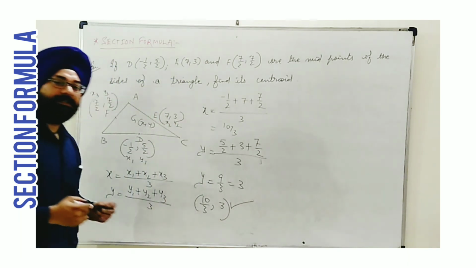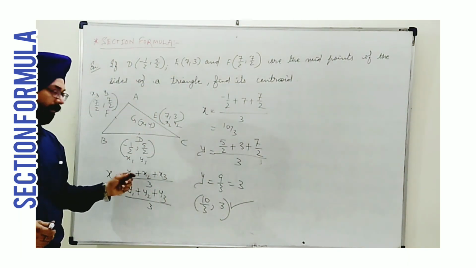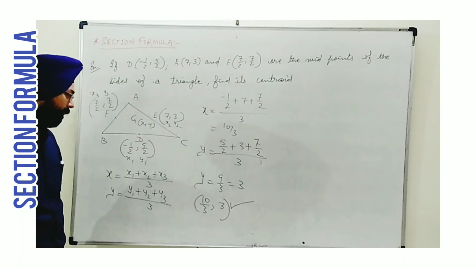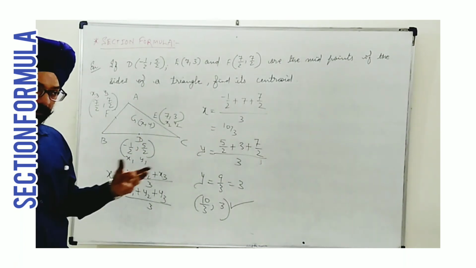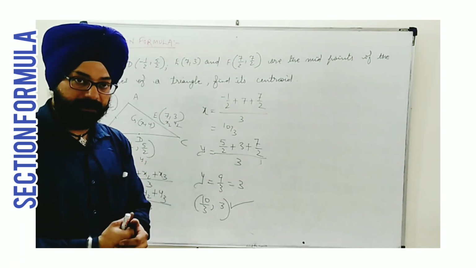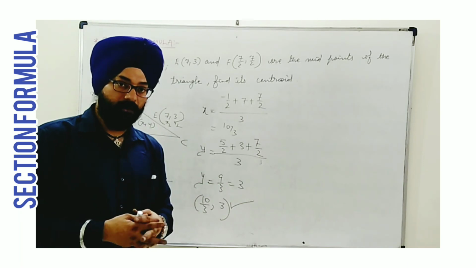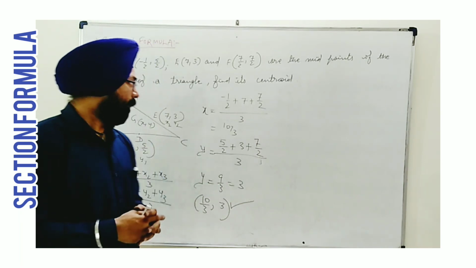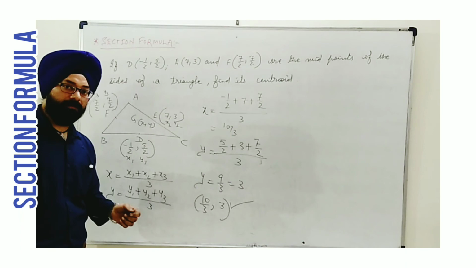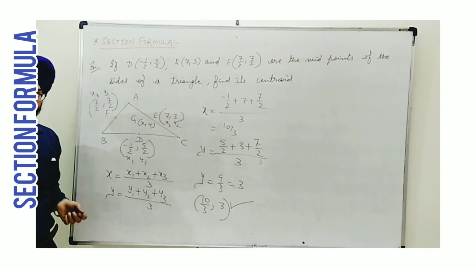So this is the additional thing I have explained, that whenever we are given the midpoints of the sides of a triangle, that can directly be related to the centroid using the same formula. This much is the concept and few applications I have shown, but there is widespread use of these concepts. Okay, so still I did my best to explain all the aspects. I hope this much you have understood the basic theory about the section formula. Thank you.